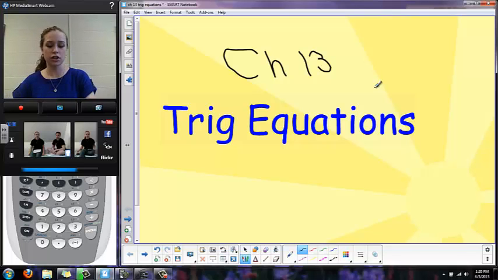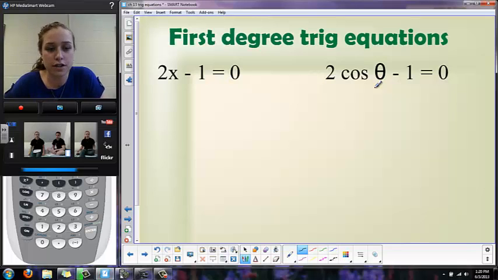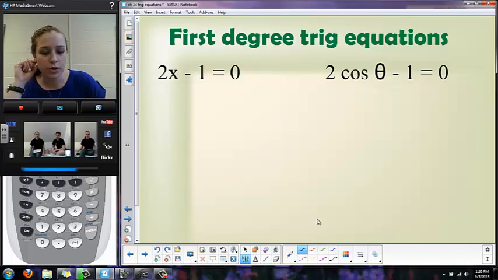So let's just start off with first degree trig equations. When I say first degree, I just mean that it's x to the power of 1 right here. So instead of x squared, it's just x. Okay, so first degree trig equations. This is a first degree normal equation, and this is a first degree trig equation, and you solve them exactly the same way. So over here, to solve this equation, I would add 1 to both sides,